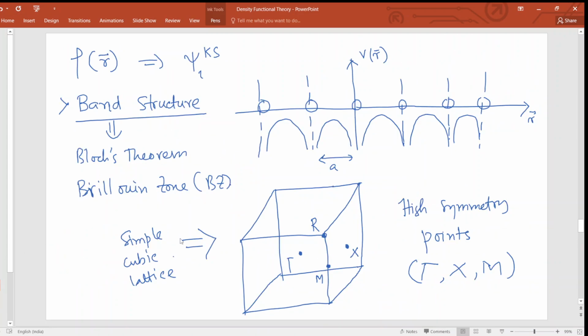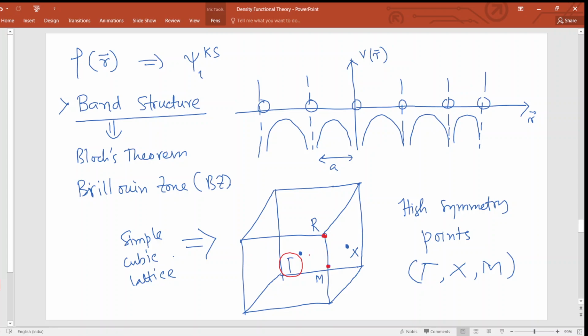Okay, so what are these things? These are basically some points in the reciprocal space. Let's say if I think about a cubic unit cell, then the center of this cubic lattice is called the gamma point. Okay, so we can call it the origin or 0, 0, 0 point here in kx, ky, kz. And then the center of one of the faces is the X point, this corner is called the R point, and this middle point of one of the sides is called the M point.